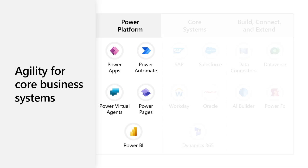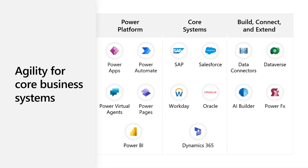These applications and databases make up what's called the Microsoft Power Platform. Having access to them allows you to not only build and deploy your own apps, automate processes, build websites, and deploy bots and reports, but also interact with different systems you have in place today, such as SAP for your ERP system. Maybe you use Salesforce for CRM or customer relationship management. Maybe you've got Workday for HR, or your Oracle Financials or Oracle HR system. Maybe you're using Dynamics. Well, these technologies can all be tapping into data that's in those core systems, and then